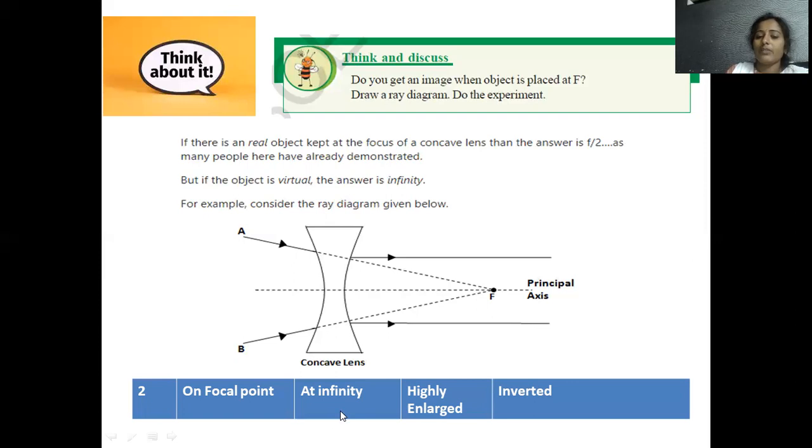So this is the laboratory activity we did, and the same question is repeated here under this critical thinking question. When we place the object exactly at the focal point on the concave mirror, it gives the image behind its curvature, at infinite distance. The size is enlarged and inverted, and the image is generated at infinite distance. These are the inferences drawn from this question. Okay, so this is a critical thinking question.